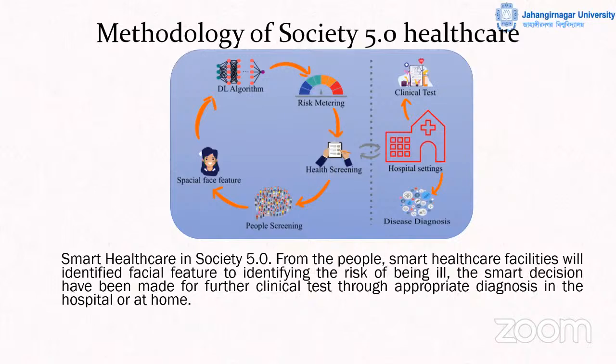But in Society 5.0, there is no way of hiding that kind of information from sharing. One hospital cannot share the patient's records with the others, unless it is the same concern of the hospitals